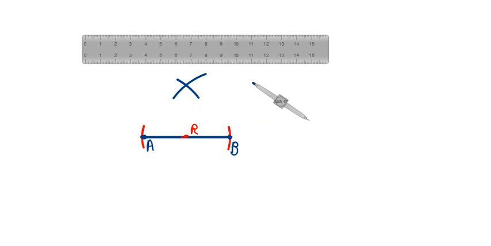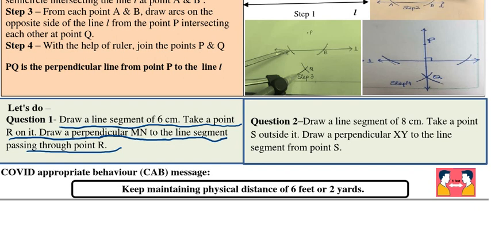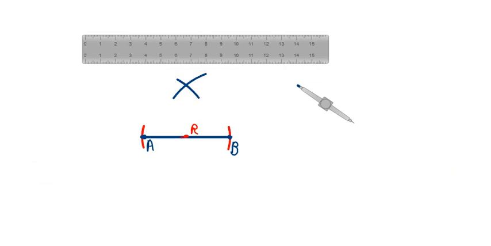Now what to do is simply we will connect these with the lines, but before this you can see we also have to mark the perpendicular line, that is MN. MN, so that means this point we can say it as the initial point, that is point M, and this point over here if we come down, simply we will draw a straight line here. Alright, and we can name this point of the line as N. So we get this perpendicular line, that MN over here, that is perpendicular to point R.